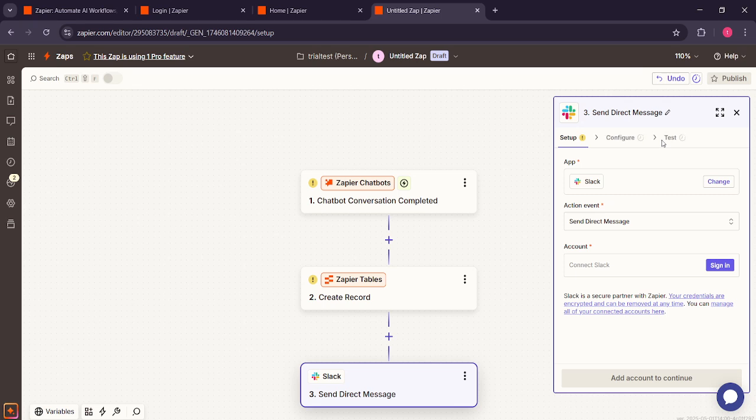Finally, wrap up your setup by clicking Publish. Publishing will make your Zap live, meaning it will start working automatically, linking your chatbot transcripts with your chosen apps without any manual effort. And there you have it, a quick and efficient way to connect Zapier Chatbot Transcripts with 7,000 apps, streamlining your processes and saving you